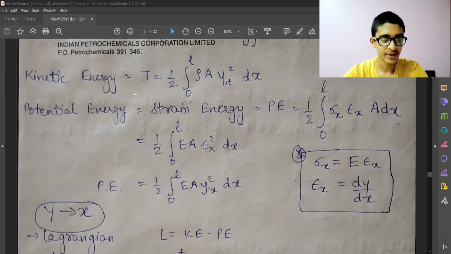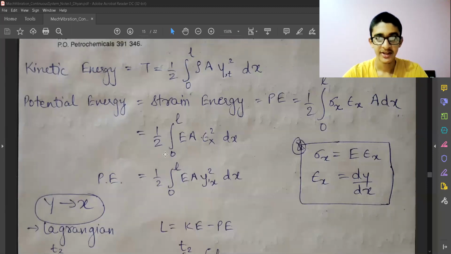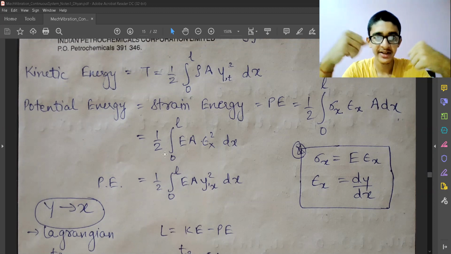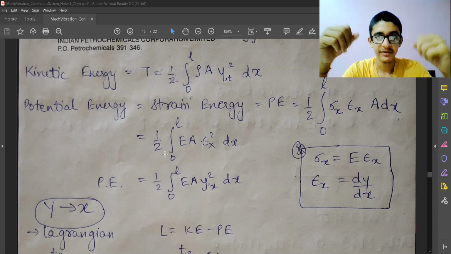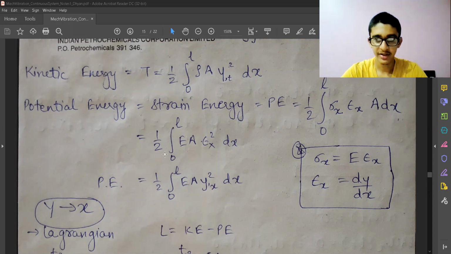So first we write the expression for kinetic energy, then we write the expression for potential energy. Over here, the potential energy, earlier we used to have spring mass damper system, and the potential energy was coming from the springs, the spring energy which is stored. But right now there are no springs as such which we can see in a rod or a bar or a string. So the potential energy is actually the strain energy which is coming after we deform the rod. There is an internal strain energy which is stored in it, which will lead it to come back to its original position, given some conditions that it is not extensively strained. So it can come back.